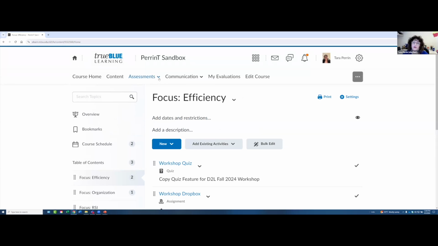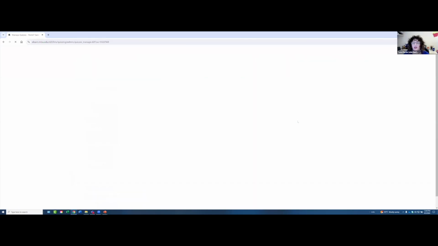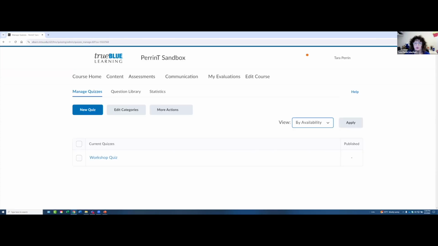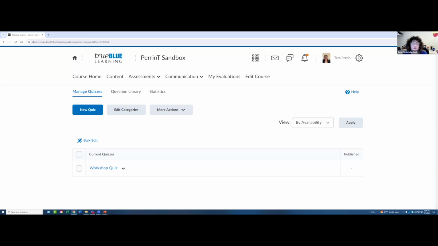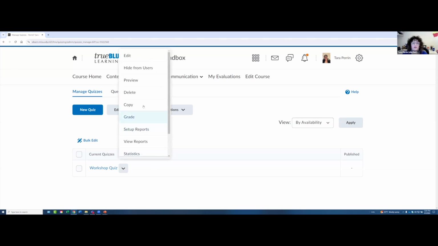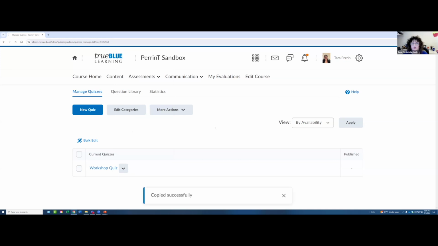So now, if you are making quizzes, and you know you're going to have multiple quizzes that basically are going to have the same instructions, meaning maybe you've set the time for 30 minutes, maybe they're knowledge checks, so they're all 10 to 15 questions, they're all multiple choice, auto graded, etc. Then you can just, if you did not know, hit this snazzy little caret and it'll say, do you want to copy this workshop quiz? So I made the workshop quiz already. I put a couple questions in there, so now I'm just going to say I want to copy it,